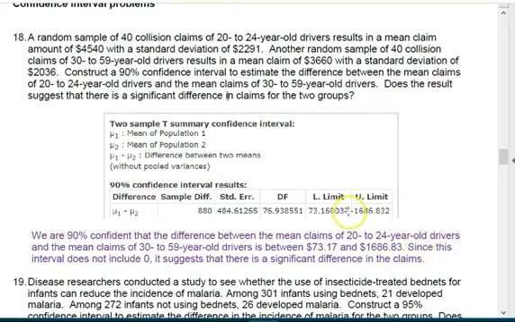When we ask whether the results suggest that there's a significant difference in claims for the two groups, what we're looking at for this one is whether the confidence interval includes 0 or not. Since both of our limits are positive values, that means that 0 is not included. That suggests that there is a significant difference in the claims. For the next one,